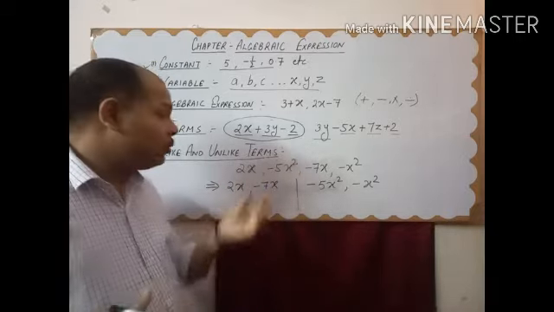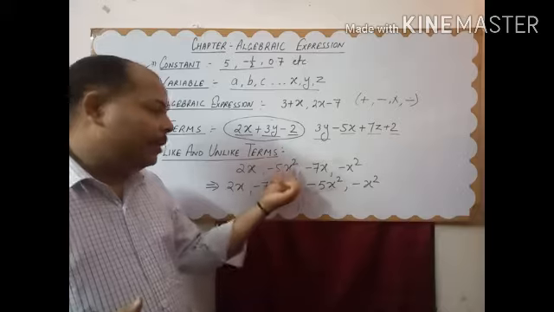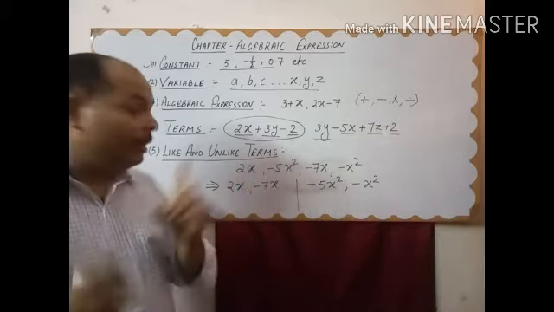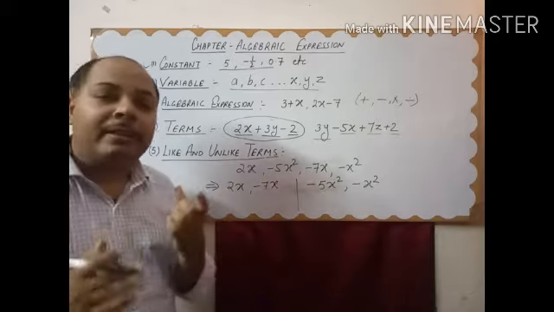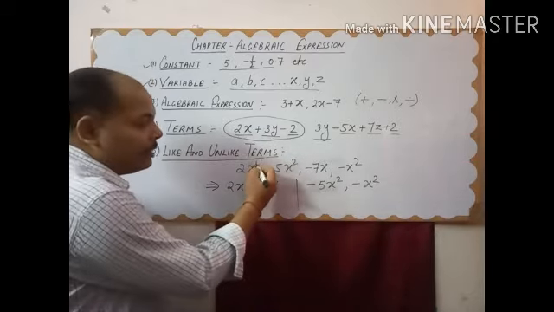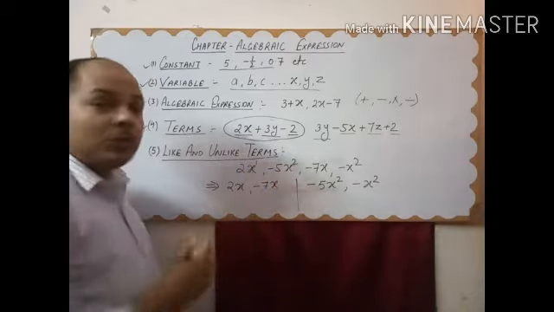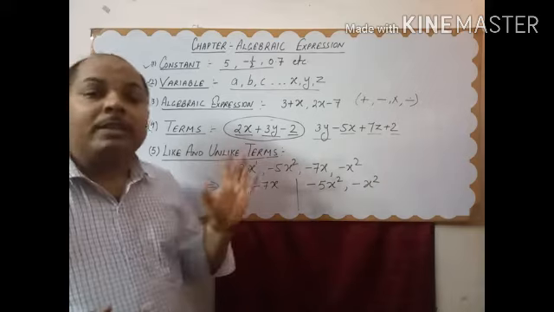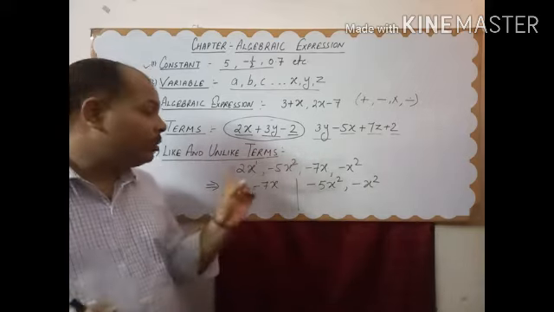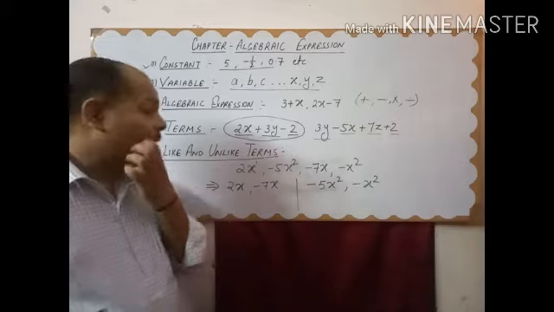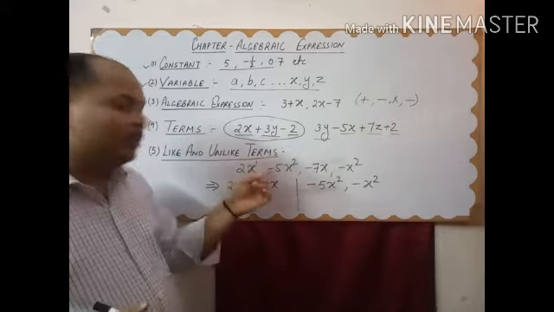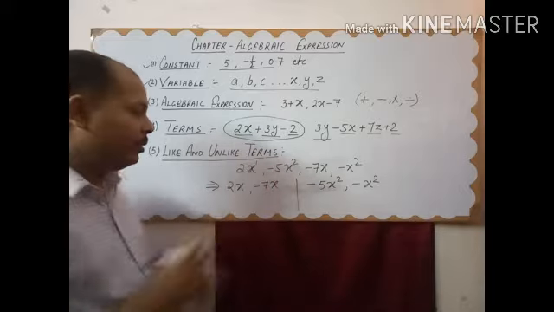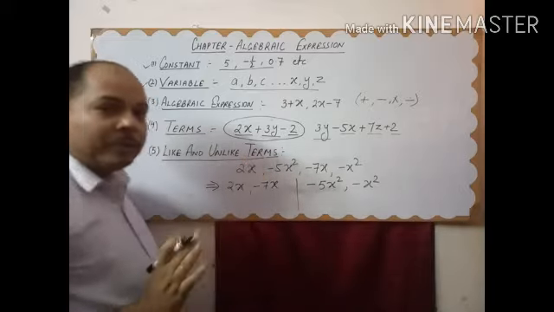Now you see here, the literal coefficient was x, here the literal coefficient was x square. Now you should not think here, oh, here also there is x and here also x, so both will be same. No, see the degree here, see the power here. Here the power is 1, here the power is 2. So they are not same. They are not same because the degree of both variables is not same. Okay, so that's why these two terms are not like terms. I hope you will not have any confusion.